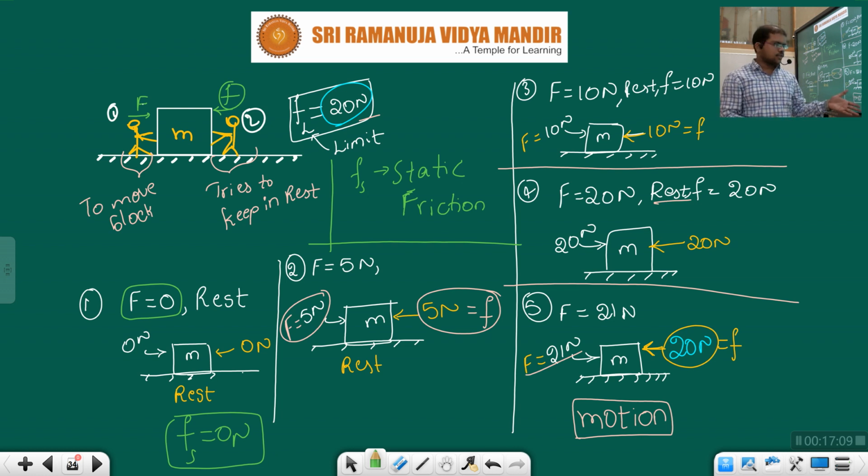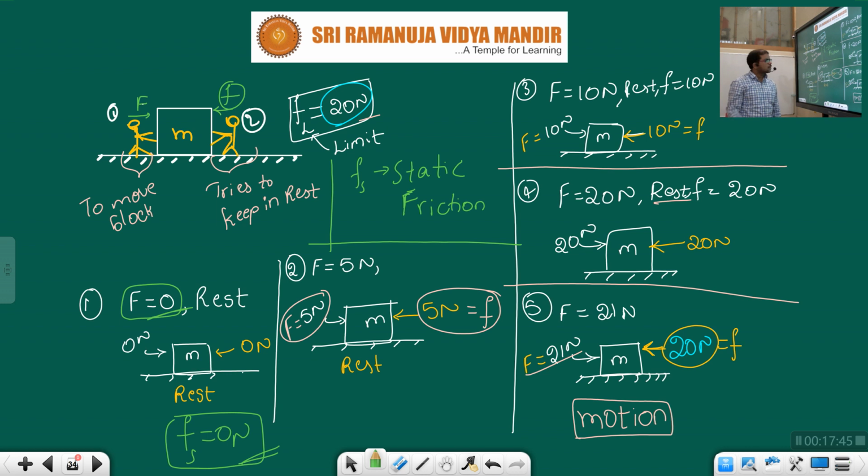Don't think that it is at rest due to friction. This board is entirely in equilibrium, that's why it is in rest condition, children. No friction is acting on this board. I am not touching it, even though it is at rest, which means no friction is acting on it. When the applied force is 0, the friction force is also 0, children. This is an important condition: if you want static friction, there must be an applied force, or else we can't expect static friction.